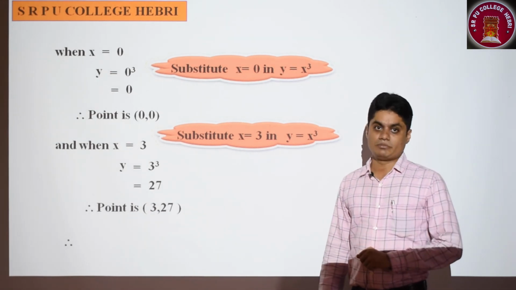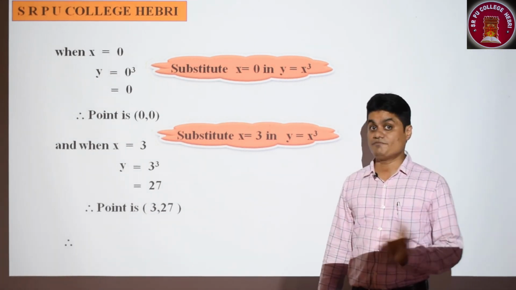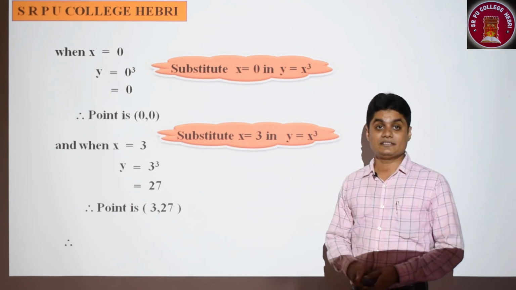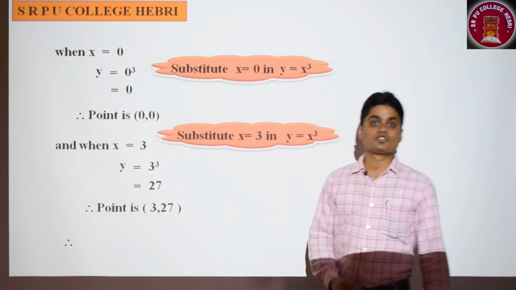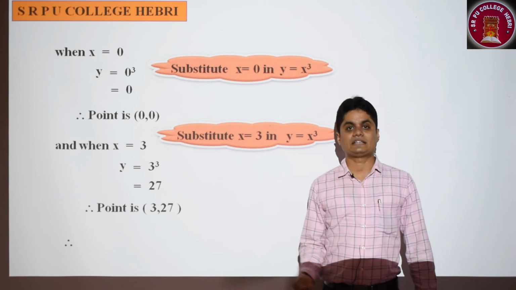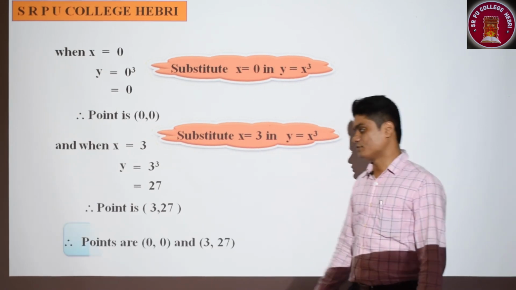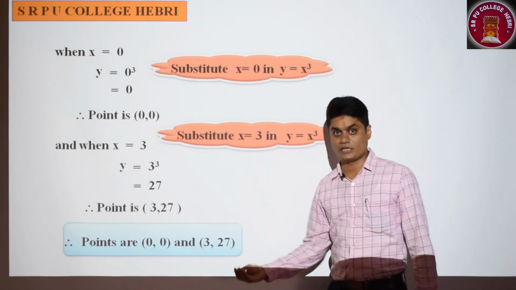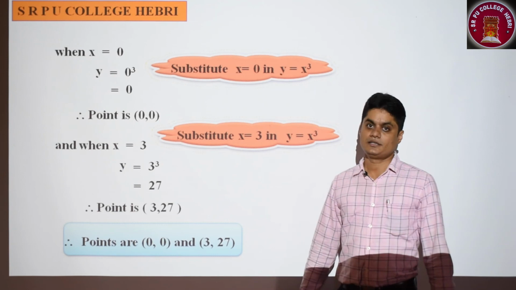What is left in this problem? Tell me. Nothing, just writing the final answer. The equation of tangent and normal is not asked here. They just ask to find the points on the curve where slope of the tangent is equal to the y coordinate of the curve. So simply don't waste your time by writing the equation of tangent and normal. It is not asked. So write the conclusion. Therefore the points which are asked in this problem are 0, 0 and 3, 27.